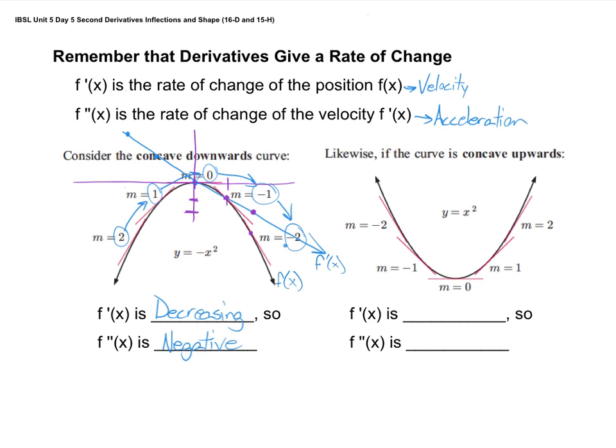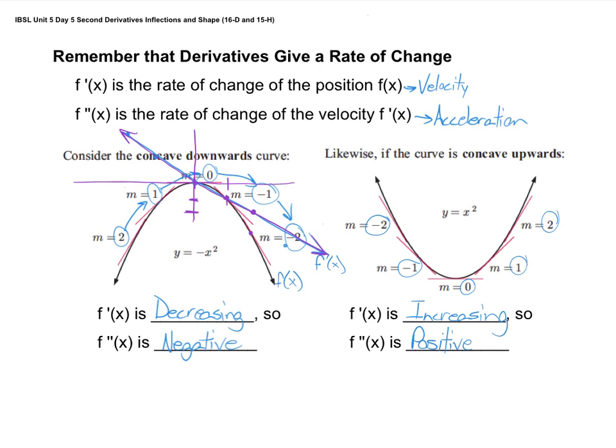So you can see the derivative is decreasing over the whole path of the function in this case. Now, on the right side here, our derivative is actually changing from -2 to -1 to 0 to 1 to 2. So the derivative is increasing, which means my second derivative must be positive. There is a positive rate of change